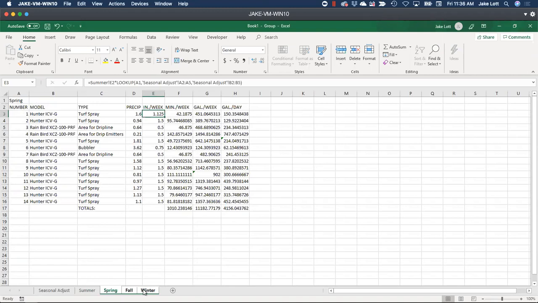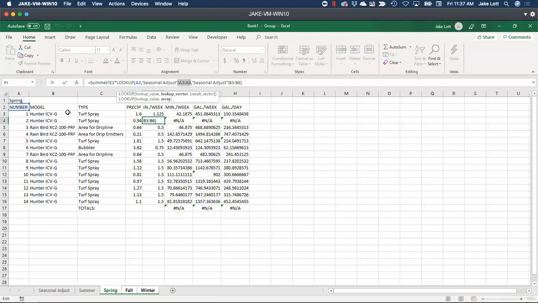I can highlight all these again, and here's my next little trick. If I've already done the formula here, we know that this formula is good, but I need it to apply to all of these. So the problem is this: if I just simply copy it down, you see how it goes wrong, because it's actually shifting the whole thing that it's looking at. It's now copied and shifting down. So every time I copy it down, it's going to be looking at the one below. So how do we fix that?